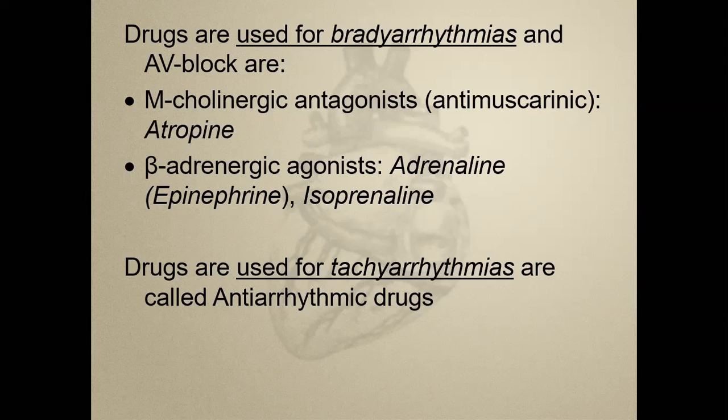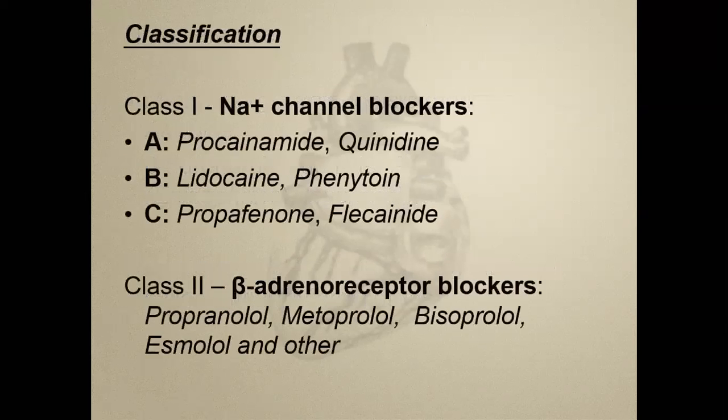For example, adrenaline, an alpha-beta adrenomimetic, and isoprenaline, a beta-1, beta-2 adrenomimetic. All of these drugs enhance excitability and conduction in the heart, and as a result, we use these drugs for treatment of bradyarrhythmia and AV block. Drugs used for tachyarrhythmias are called antiarrhythmic drugs, and there are many different groups, 4 main groups and 1 group